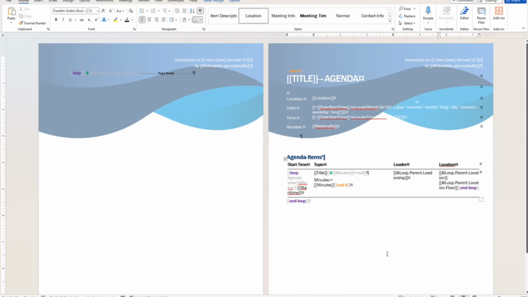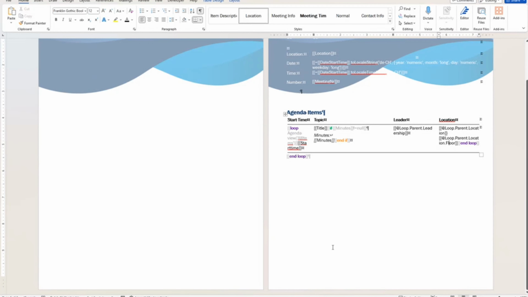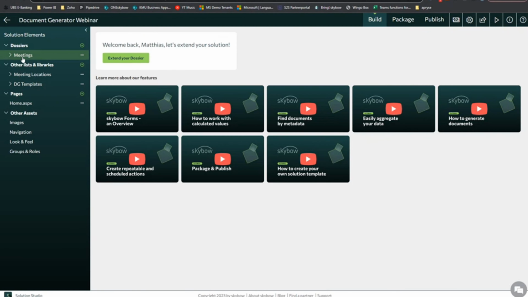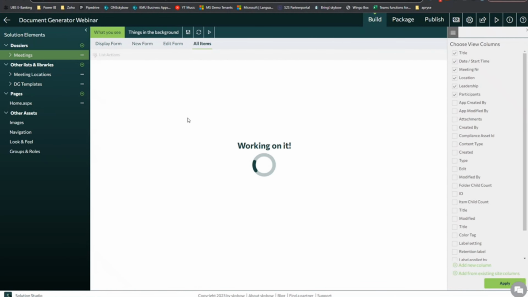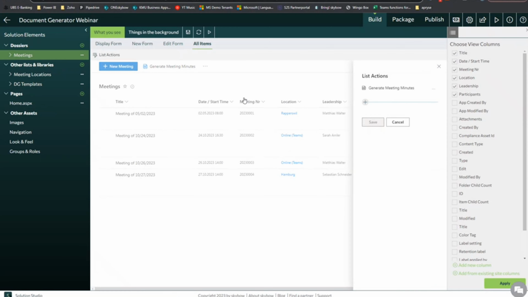So that's basically to show you all the possibilities in a simple scenario. And now, maybe last but not least, let me show you the PDF. Good question. I can go back to my Solution Studio. That's my list. And like I said, I'm using a list action. So I go on the meeting list, on the default view, I have these list actions up here,